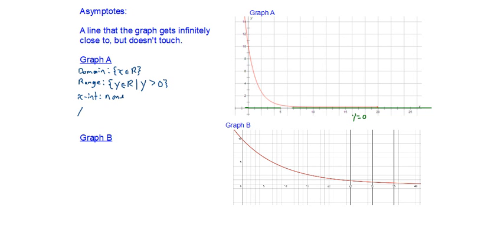There is a y-intercept though, and that y-intercept is 10, or we can write that as an ordered pair, (0, 10). And that y-intercept in this case would represent the amount of medication that the patient started with. So if it was 10 milligrams, the patient started with 10 milligrams, and over a certain number of hours presumably,